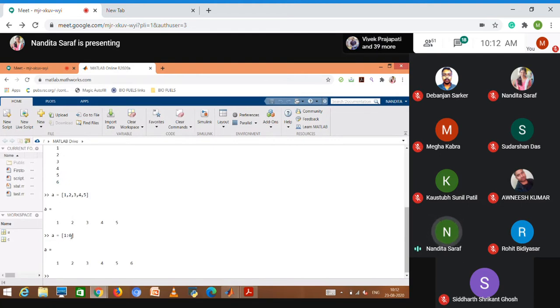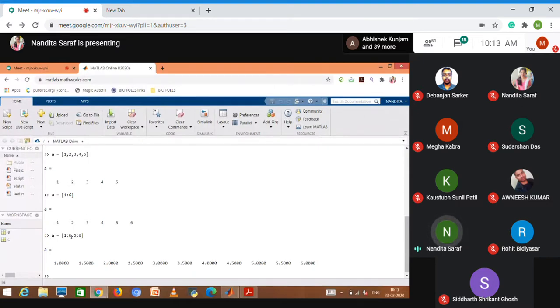If I want to specify a step size, 1 colon 0.5 colon 6. I'm doing all this in the command window. If you want to save these things, you can try this out in a new script file.